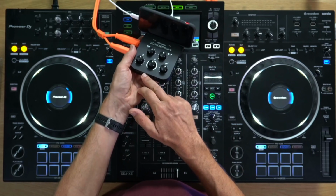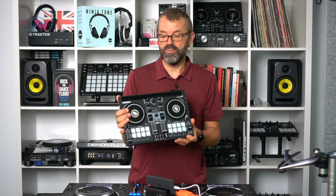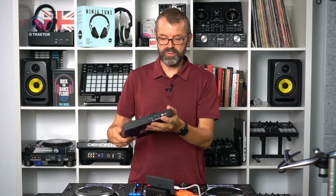So having this loopback is good, and that's actually really useful if you're trying to DJ. Let's say you've got a small DJ controller, like one of these. This is a little Reloop Buddy controller, and you want to live stream with this. Now your problem is going to be that this has only got one output. It's only got one stereo output. So when you've plugged that into your speakers to hear what you're doing,